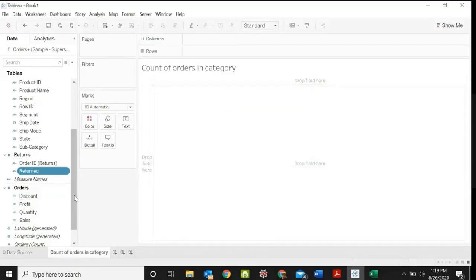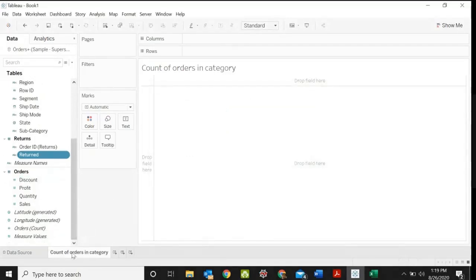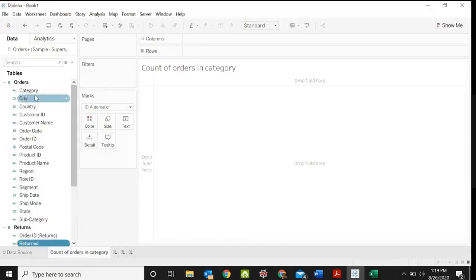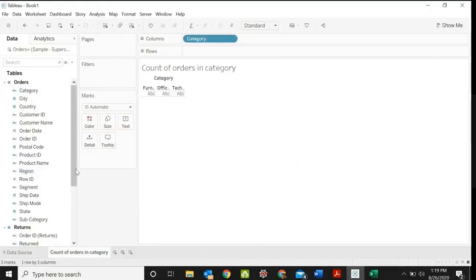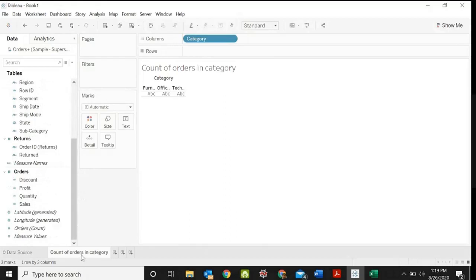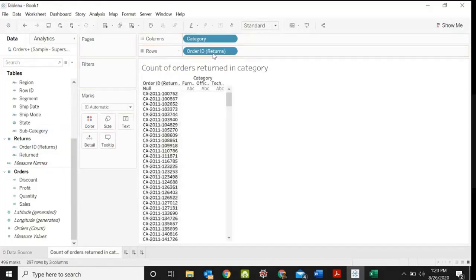Okay, so you can use several methods for finding the count of orders in category. What you have to do is first drag and drop the category field in the column, and for finding the count of orders returned in each category, I can just drag and drop this order ID of returns.